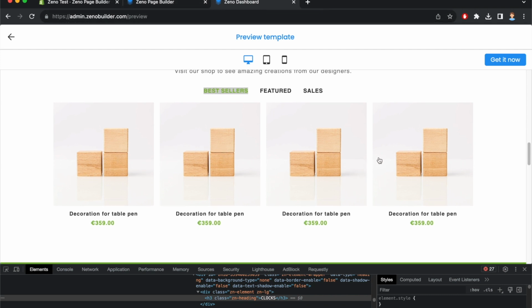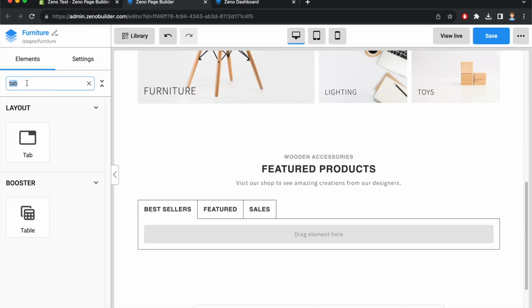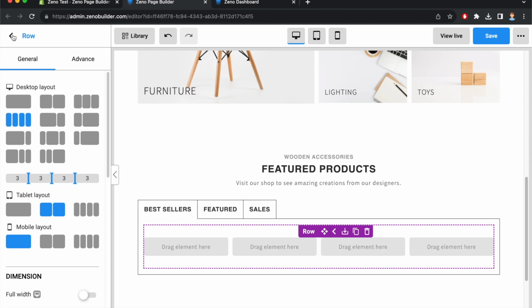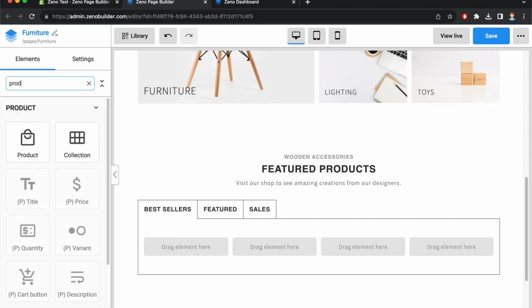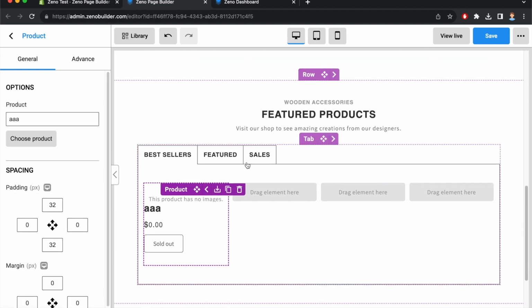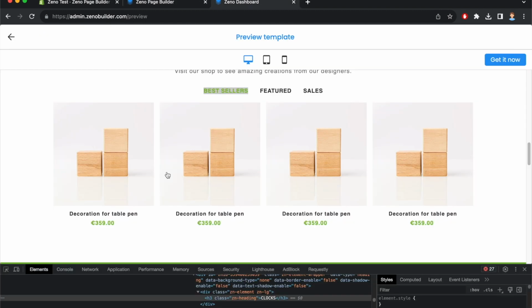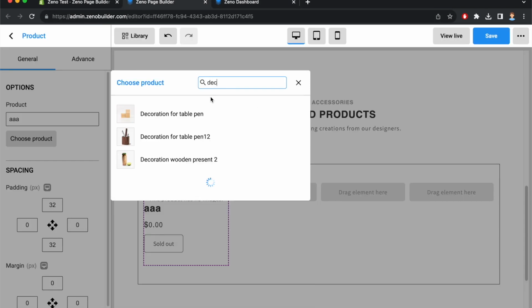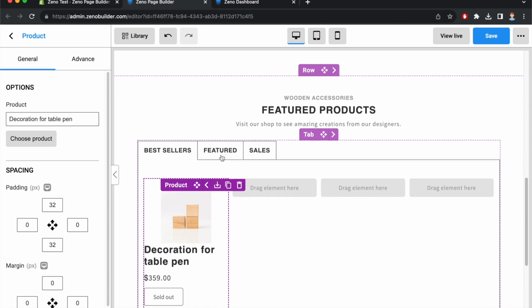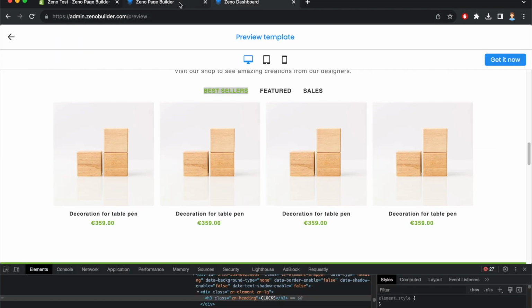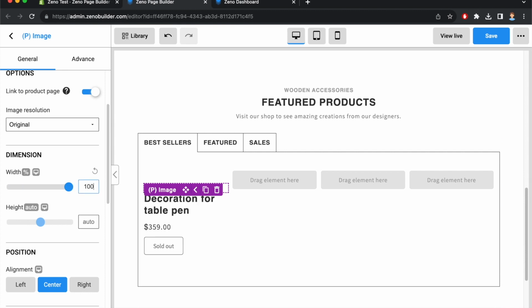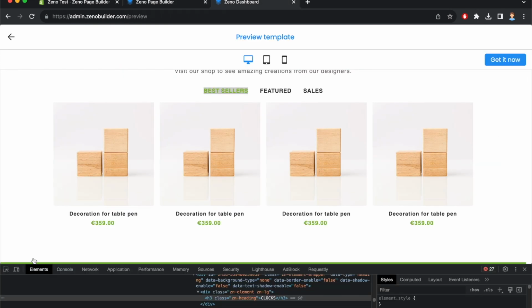And here you can see 4 products in a single tab. So I will insert a row element right here, and choose 4 column layout. For each of them, I will insert a product element. Choose decoration for table pen. I will adjust the setting a little bit so it looks better. The width of the image should be 100%. The heading should be